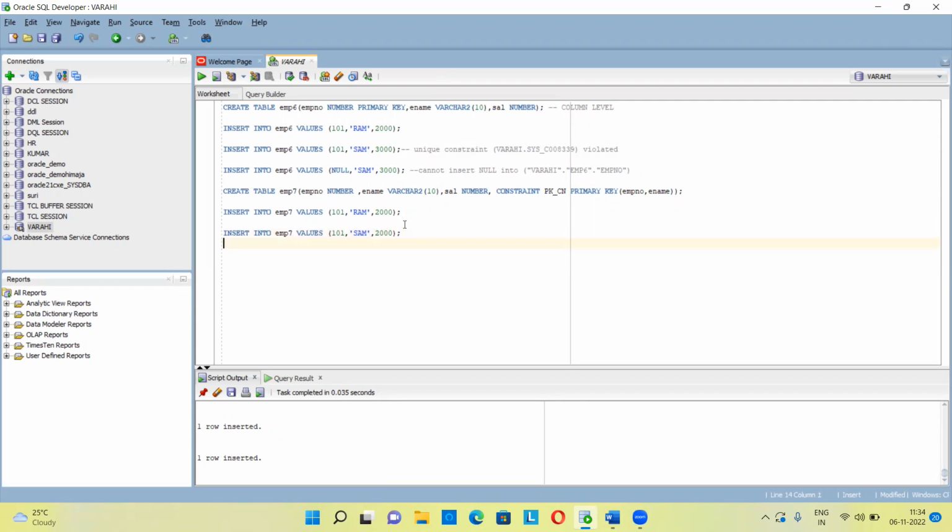Now let's see. I'm changing the employee number, but the name is the same. Ram already existed, but no problem, it will allow, and it inserted again successfully. So when will it not allow? Because I applied this primary key constraint for the two columns